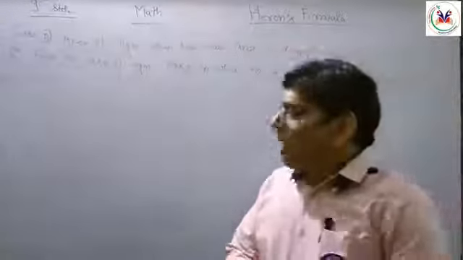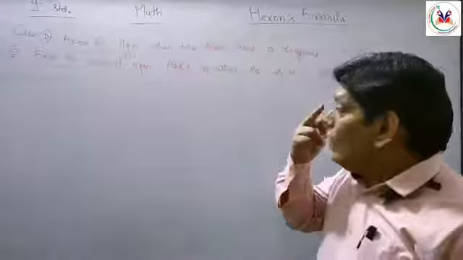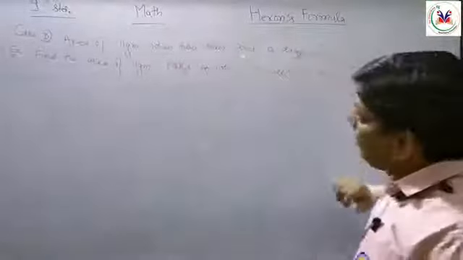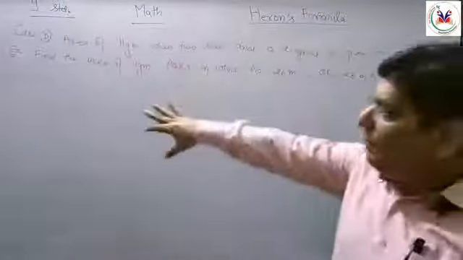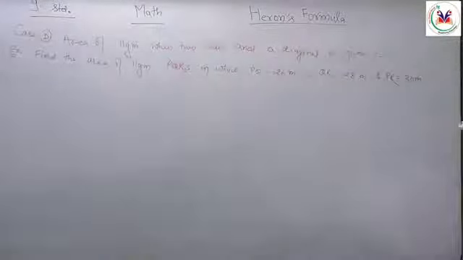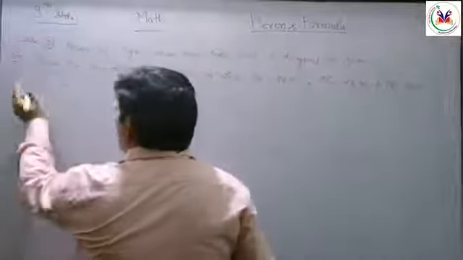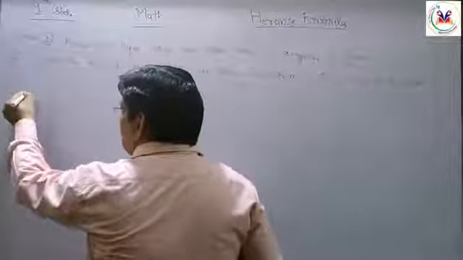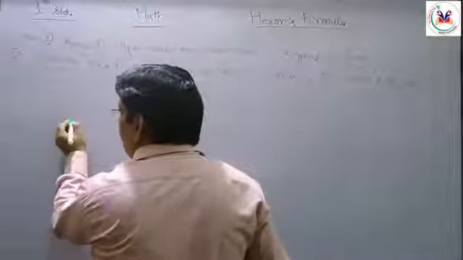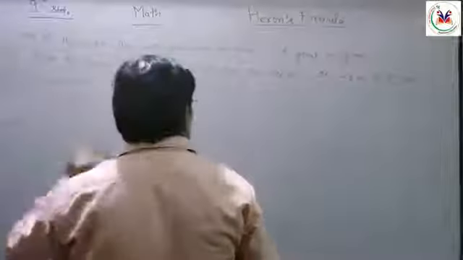Now we are at the end of these cases. In this case you have to calculate the area of a parallelogram in which two sides and a diagonal are given. Just for example, find the area of parallelogram PQRS. PQ is 26 centimeter, QR is 28. So first of all we have to construct the rough diagram of the parallelogram, that is P, Q, R and S.